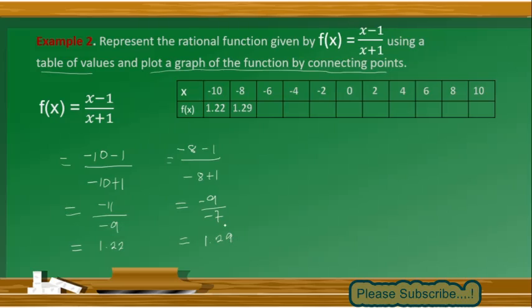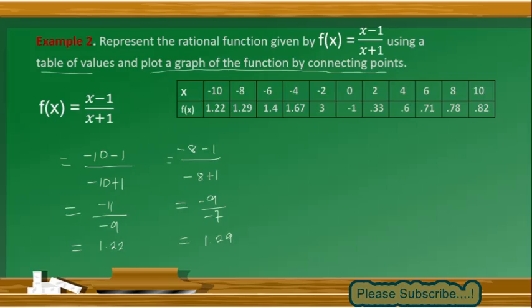Okay, so that is how to solve for the value of the function using the assumed value of our x. So you can take the value of this function using this x with this process. Okay, when x is negative 6, the value is 1.4. When x is negative 4, the value is 1.67. When x is negative 2, then the value is 3. When the value of x is 0, then the value is negative 1. For 2, we have 0.33. For 4, we have 0.6. And 6, we have 0.71. 8 is 0.78. And the last one, 10, is